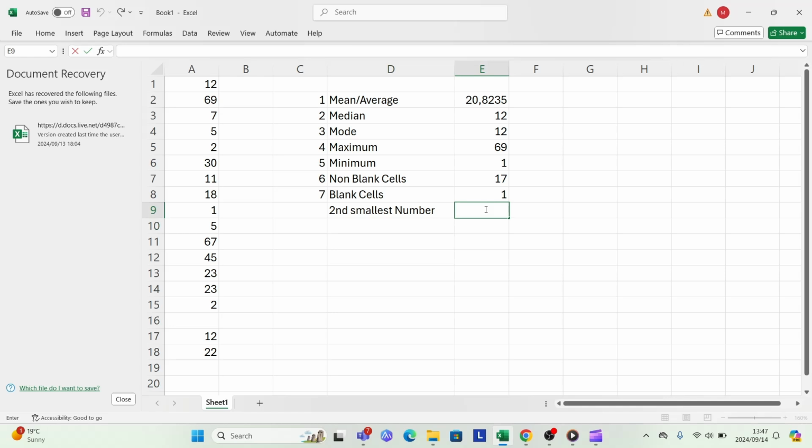You can just say equal small, select your data, comma 2, which refers to the second smallest number, this 2, and press enter. So our second smallest number